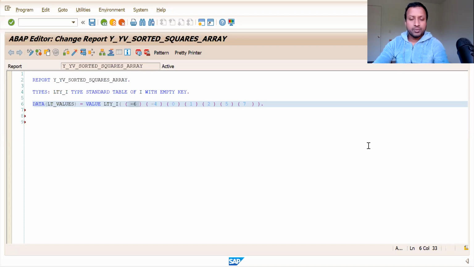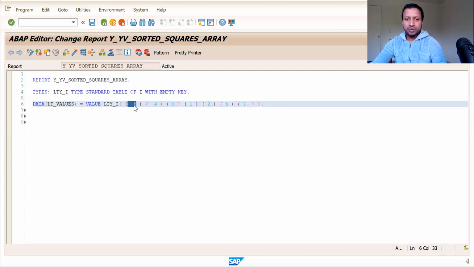Today we shall go through one of the problems which was asked by Facebook in a tech coding interview. So the question goes like this. It is a sorted squares array. You will be given an input array with multiple integers, and the integers can be negative or positive, but you need to return the squares of these integers in a sorted manner. So you can't do it linearly, because the square of -6 is positive 36. So all the squares would become positive numbers.